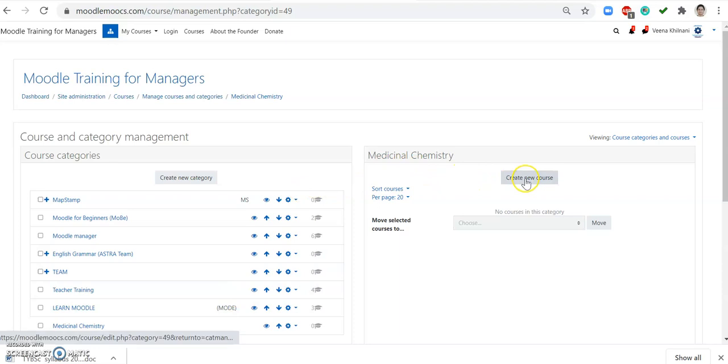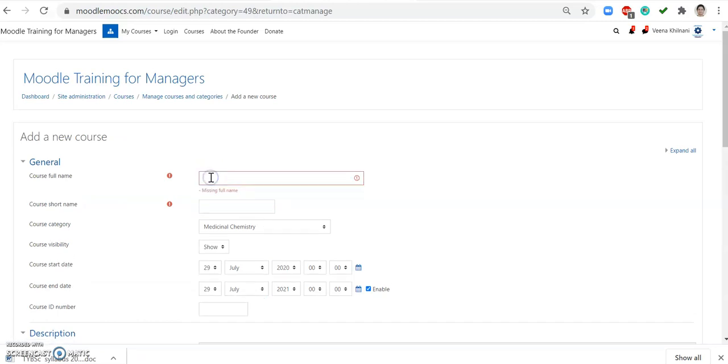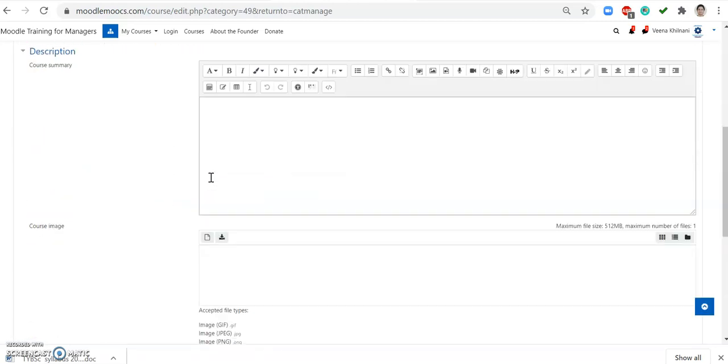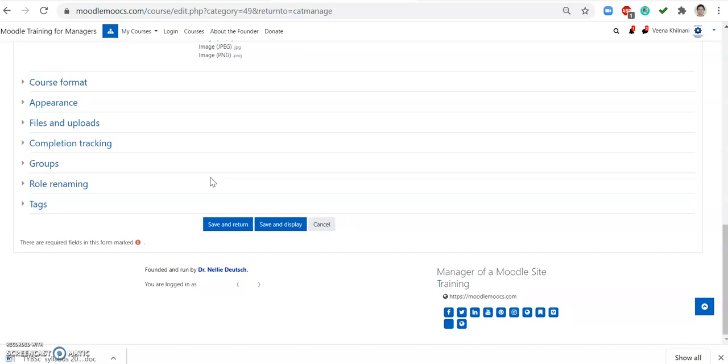then you can create a new course over there from here itself, or we can go back to the courses over there and create one over there. So let us create a course over here. So we can say basics of medicinal chemistry.